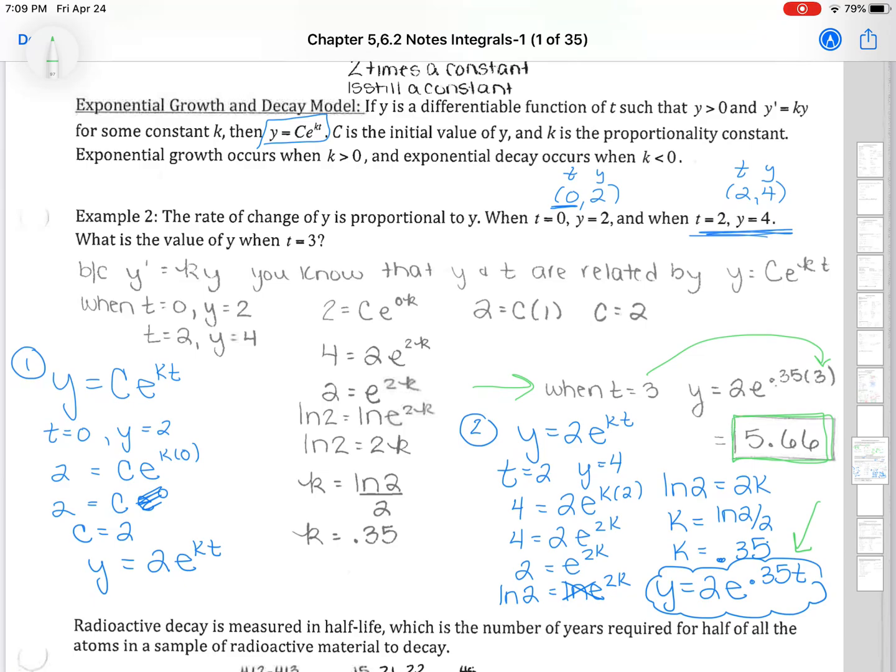So we're going to take the formula we just came up with, plug in our t value of 3, and you end up with 5.66 for your final answer. So when you get a